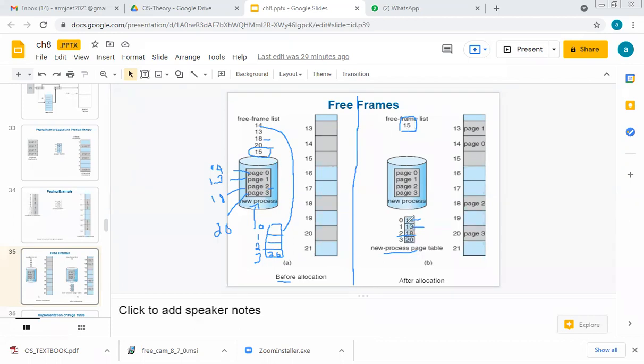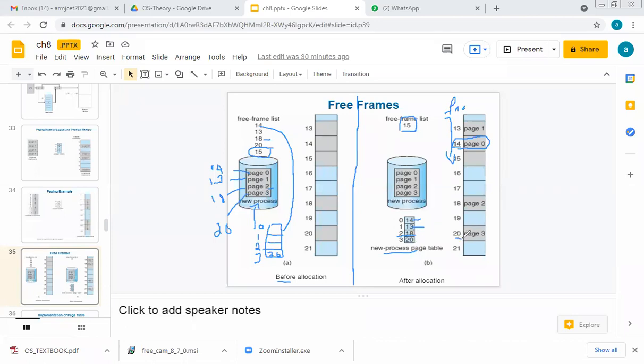What is the updated page table? 0 with the 14. Okay, 14 is the frame number. You can see here, these are the frame numbers outside. Frame number 14, page number 0. You can check here. Frame number 20, page 3.